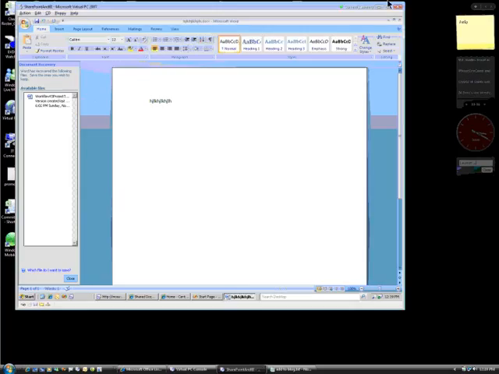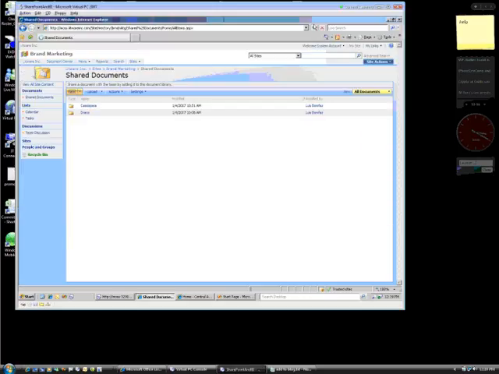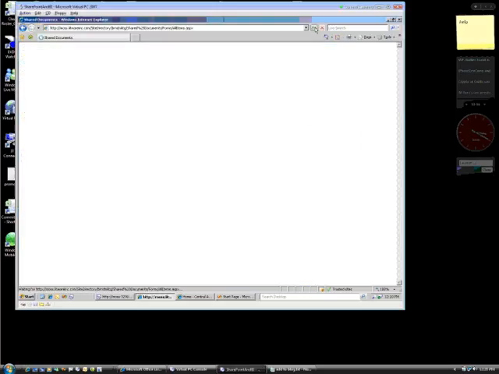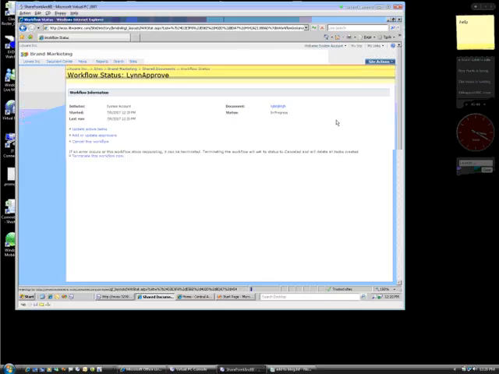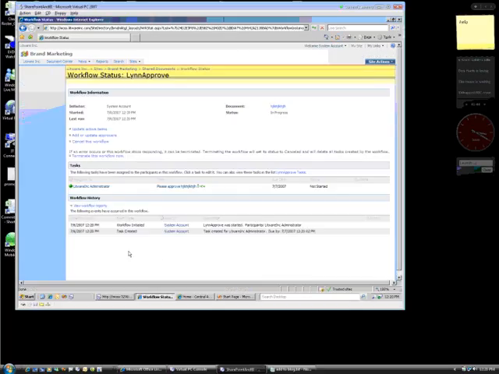And we close, and we update. We can see that we have a new property available on the document library, that the workflow is in progress. And if we click on it, we can take a look and see that here's our history, and here are our tasks. So if we click here,